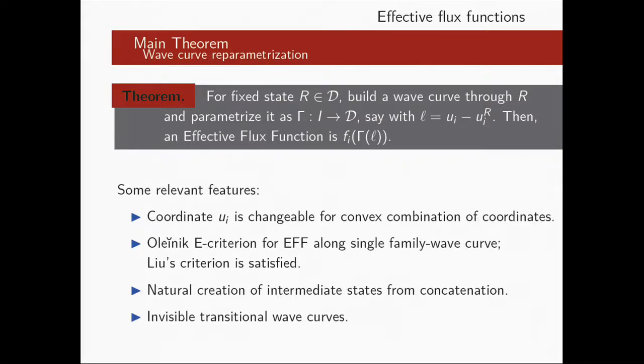One of the things that I think is nice is that this admits the Liu criterion for admissibility. And there are some things that are important. If you concatenate two wave curves, one of the slow family and one of the fast family, then the intermediate state is going to be created naturally. But for example, for transitional waves, you are not going to see it because I'm losing the information of which wave I'm using. If it's the slow one, the fast one, I don't know. Just let me give you some examples